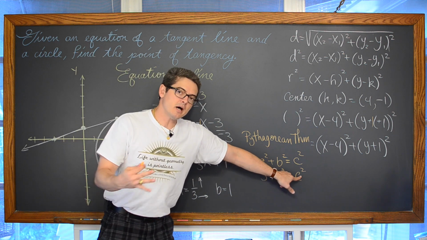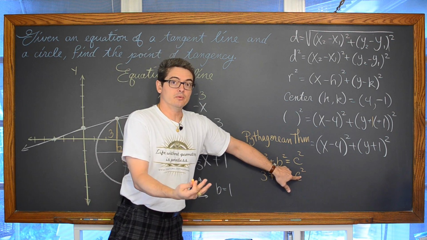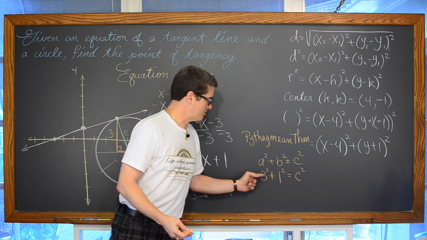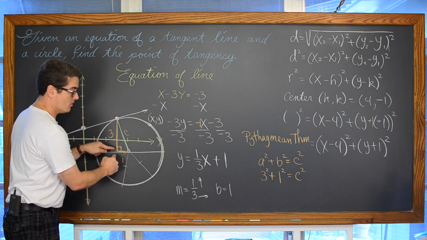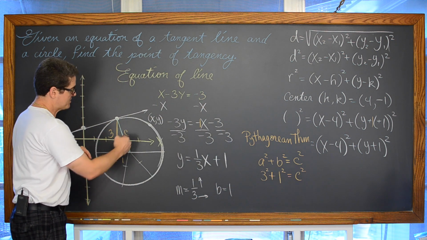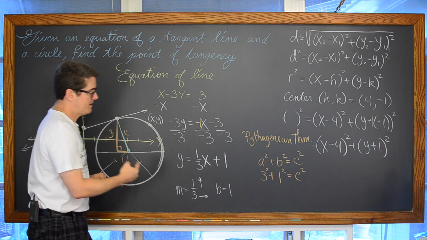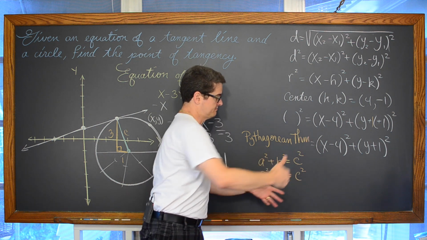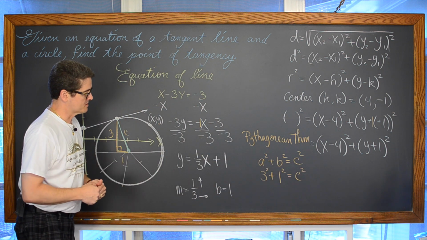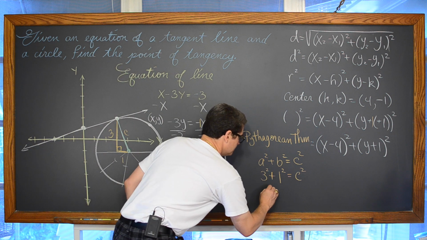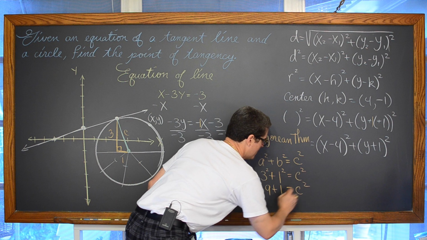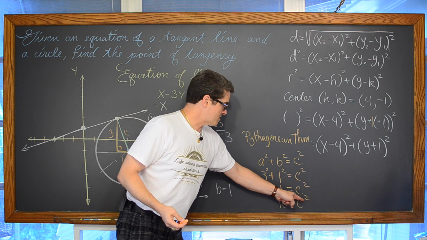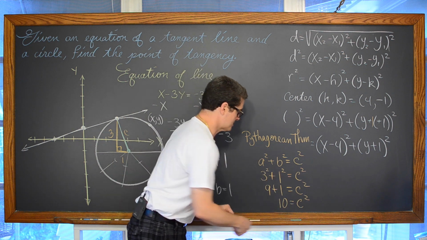The unknown value is not alone because it's unknown. I'm keeping the two numbers of 3 and 1 together because they make the right angle. They are the legs. If I knew the hypotenuse and I was missing one of the legs, then my variable would be over here with, maybe like 3 squared plus b squared is equal to something else, 7 squared or whatever it is. Okay, so 3 squared is 9, plus 1 is equal to c squared, and 9 plus 1 is equal to 10. And I really don't need it, but of course if I want to solve for c, I don't need to do this extra step. I'll explain why in a second.